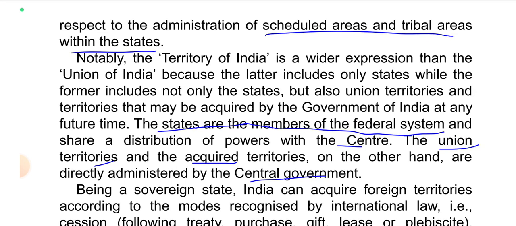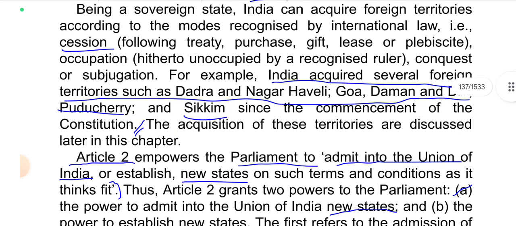within the states. Notably, the territory of India is a wider expression than the Union of India, because the latter includes only states while the former includes not only the states but also union territories and territories that may be acquired by the government of India at any future time. The states are the members of the federal system and share a distribution of powers with the center. The union territories and the acquired territories, on the other hand, are directly administered by the central government. Being a sovereign state, India can acquire foreign territories according to the modes recognized by international law, that is